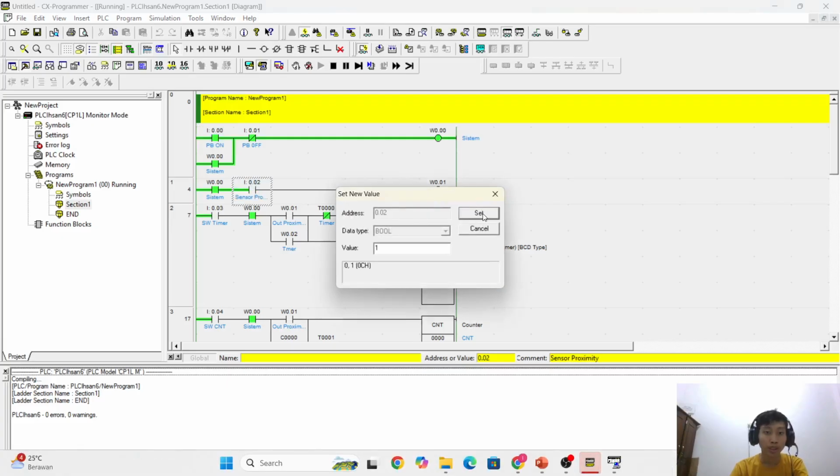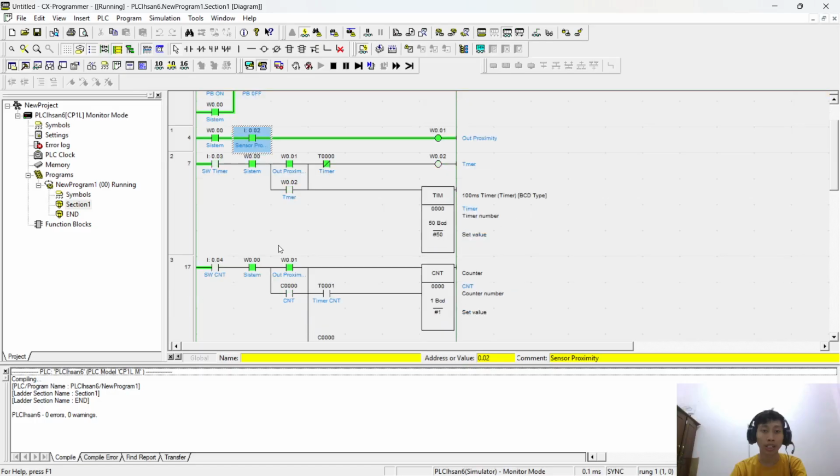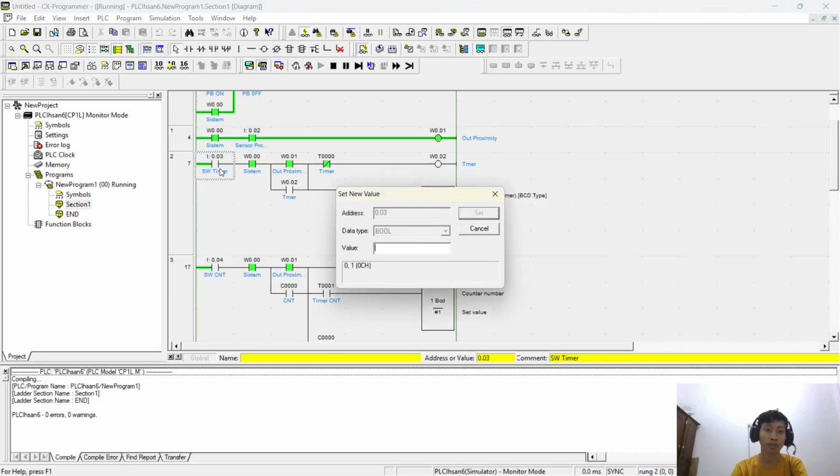When you turn on the button of the sensor proximity, the proximity sensor will be on and detect the object, and it is out of proximity. Okay, next is the work from the timer of proximities.